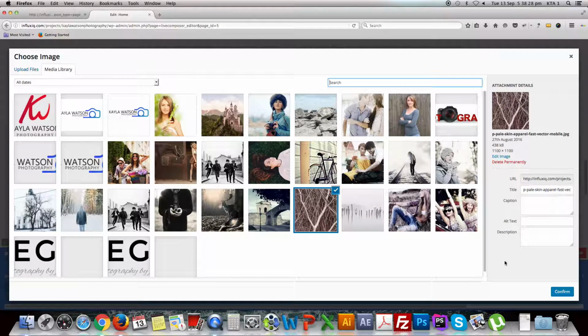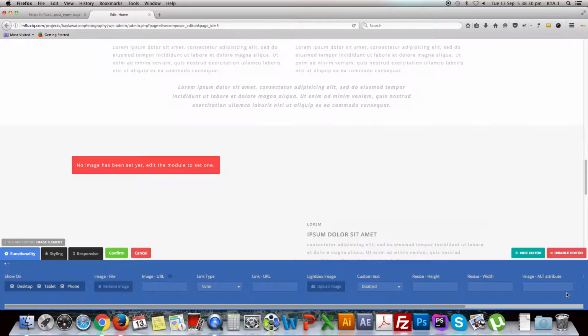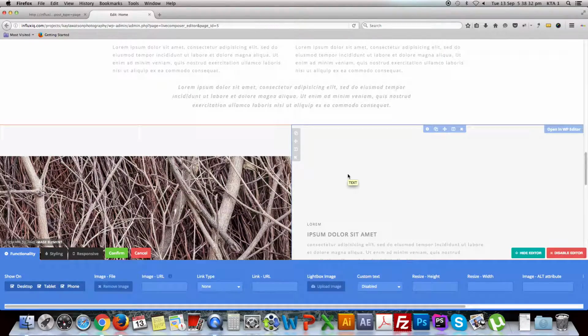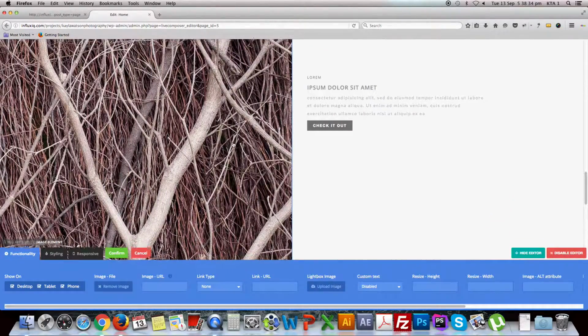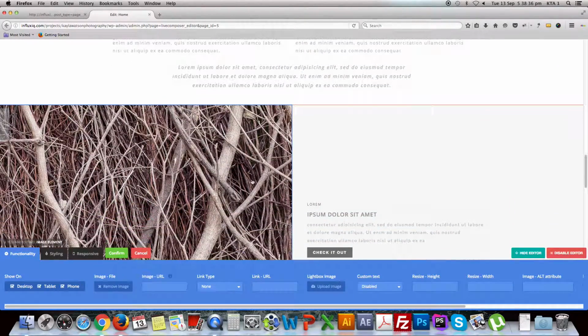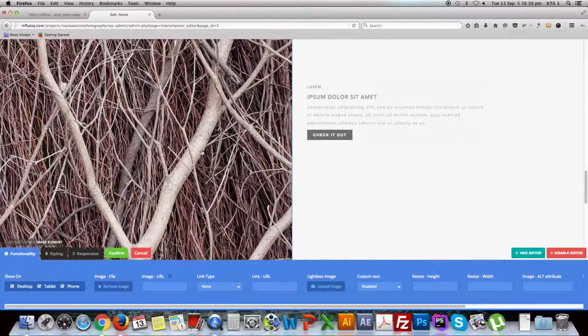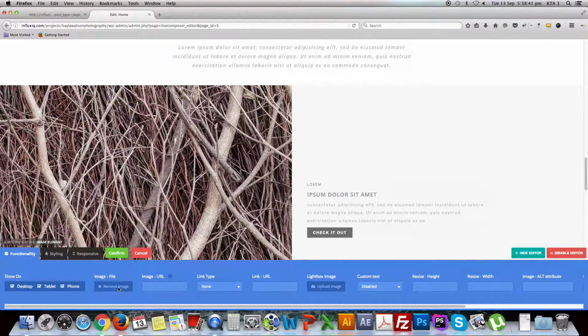I'm choosing the same image. So click remove image first.